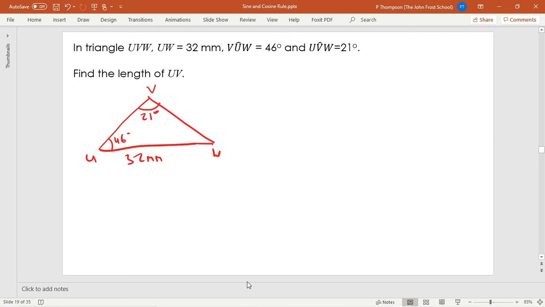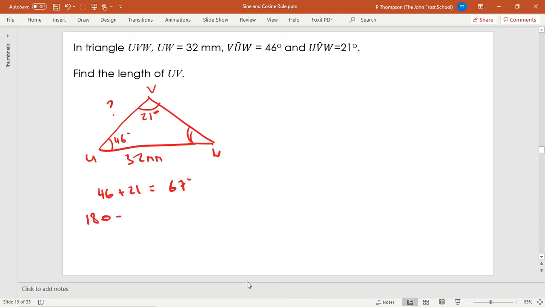Okay, and what I'll do with this one, I've got to find UV, this one here. What I'm going to do first of all, hopefully you've learned now from the main task, you may not need to work out this missing angle here, but I'm going to do it anyway because it often comes in handy. So my first thing is 46 add 21 is 67,